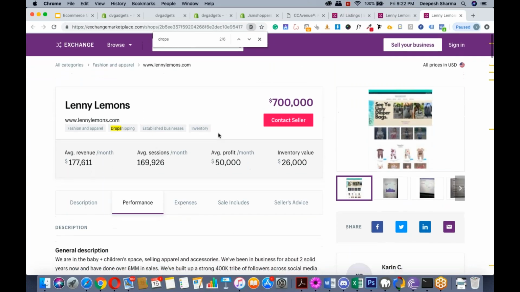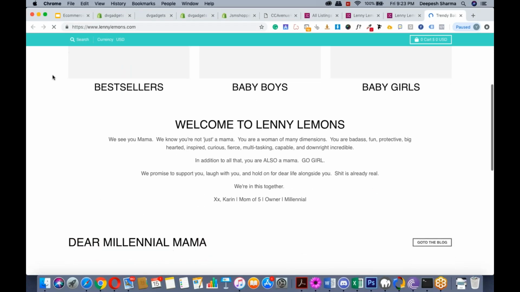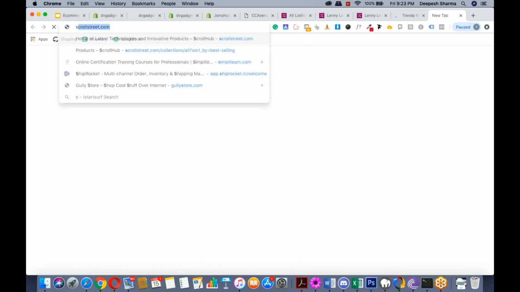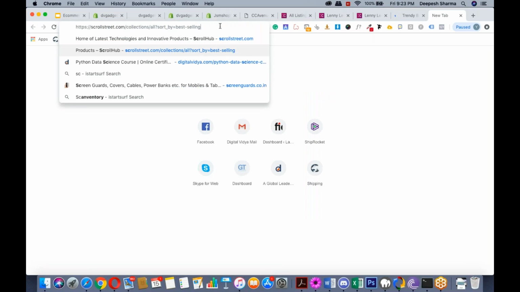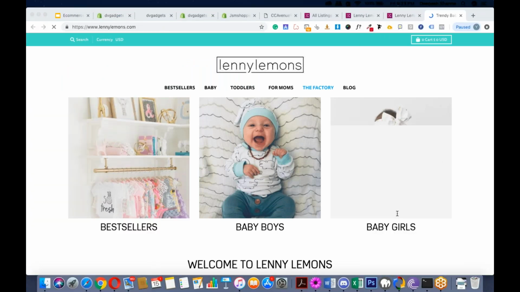And let me go to the store even. So lennylemons.com. As I showed you, Robin, the option of adding a product in Shopify, the concept is the same. You just go and download the product from Shopify and set that up. So I'm gonna show you a hack where you could find out. So this is an extension or a shortened URL that's called